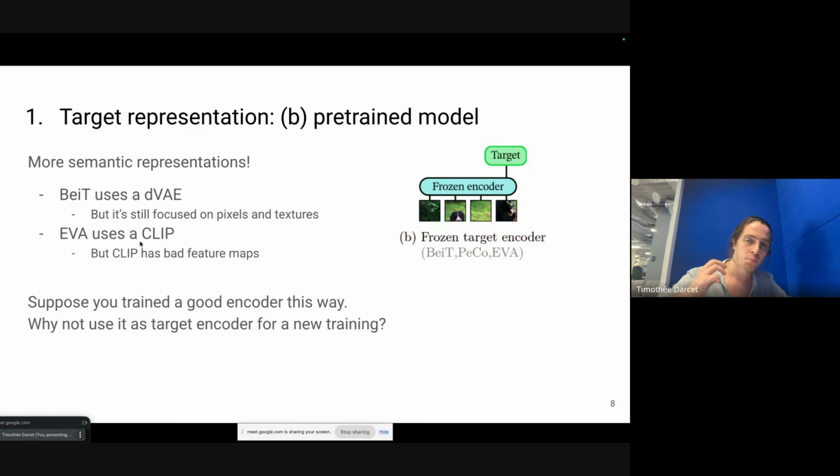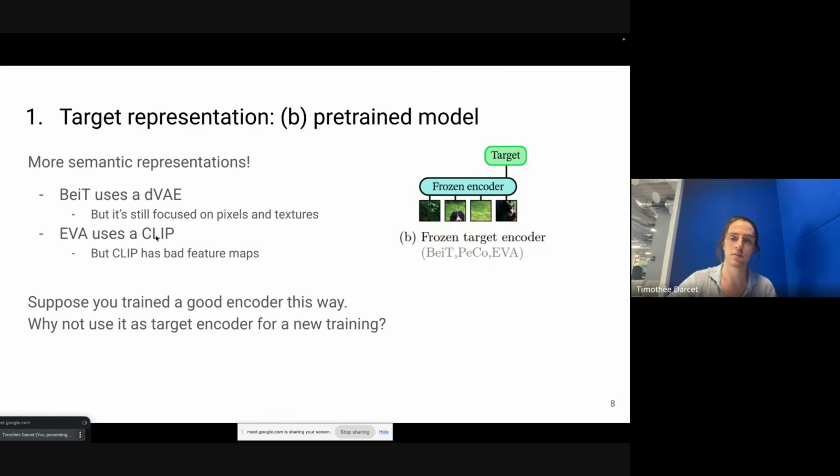But my main issue with this approach, and again, this is very opinionated. So far, the first section, about choosing the target representation, is just fully opinionated. I'm just giving what I think is the right way to go forward, but many other people might disagree with it. So my main issue with that is, right, suppose you actually use a frozen encoder,